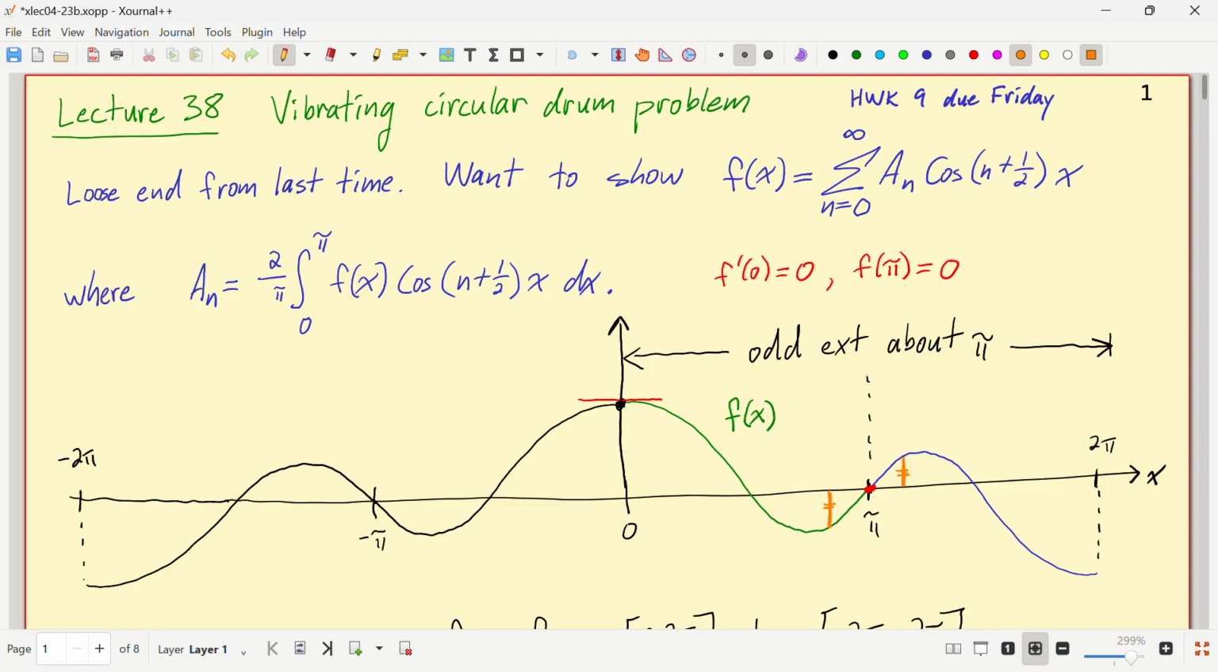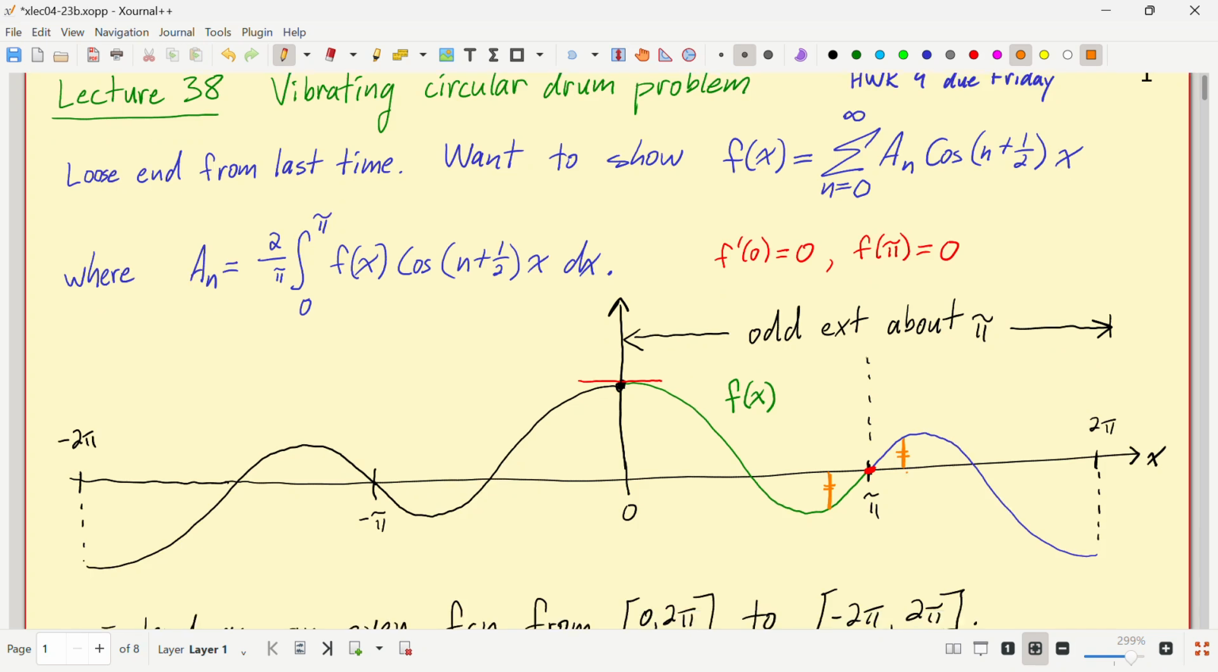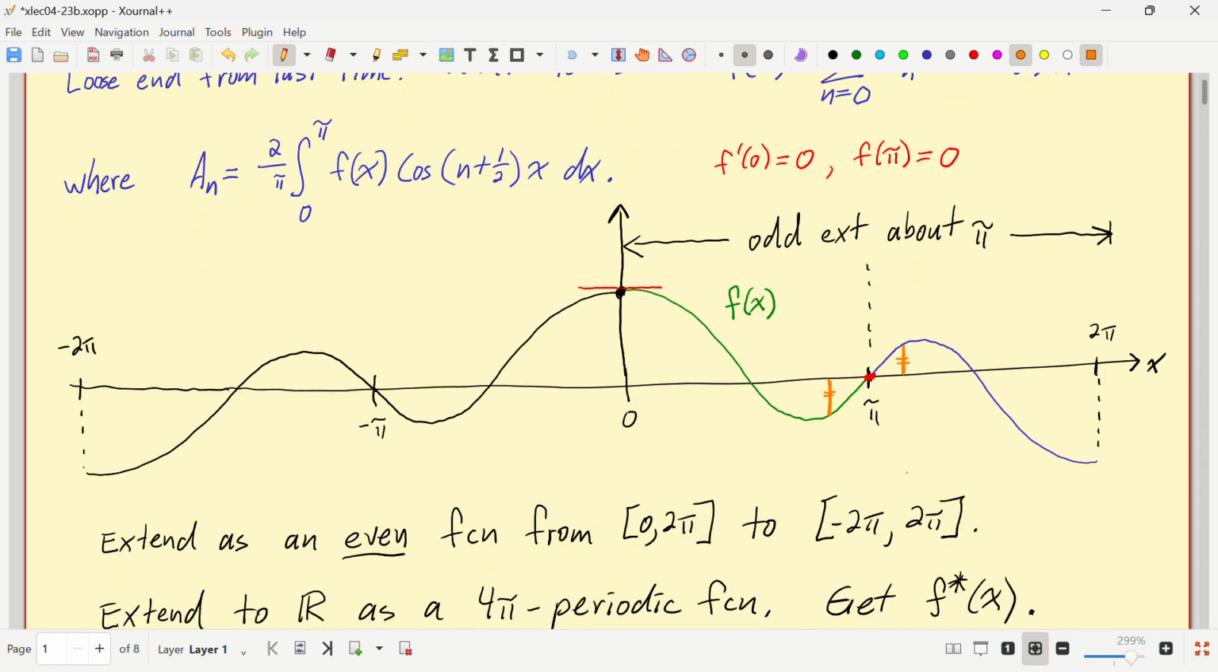But of course, they're opposite sign. That's the odd extension. And so that blue thing is the odd extension about pi. Okay. Then the next thing I do, I've got a function now from 0 to 2 pi. I'm going to extend that as an even function to the other side. So the next step, I extend it as an even function from 0 to 2 pi to the whole interval